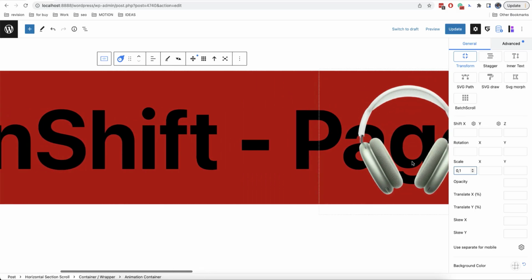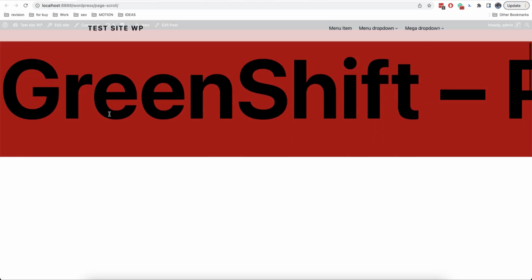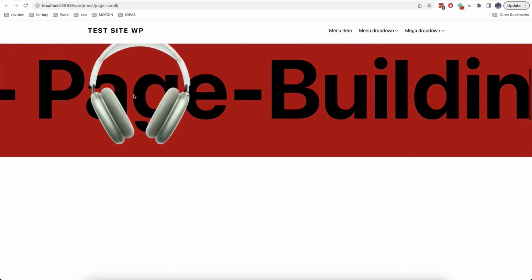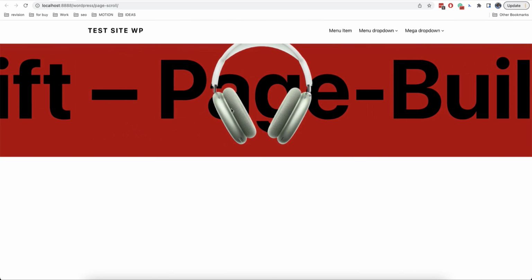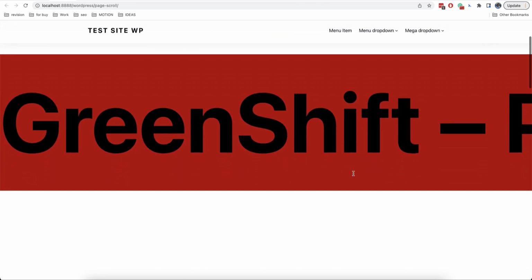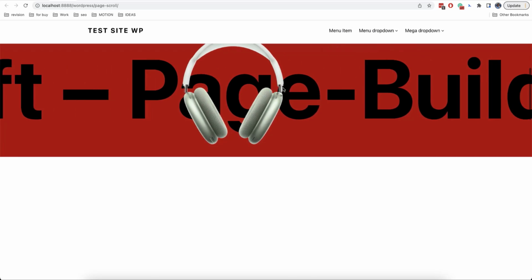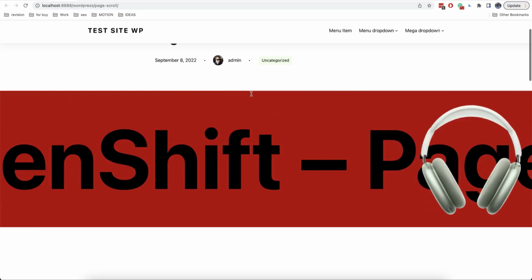So let's now check how it works. As we can see, the block is already set. It's because by default vertical position is tracked, but since our block is already in the right place for scrolling in vertical position, its animation is already set, and to fix that, we need to go to the animation container,